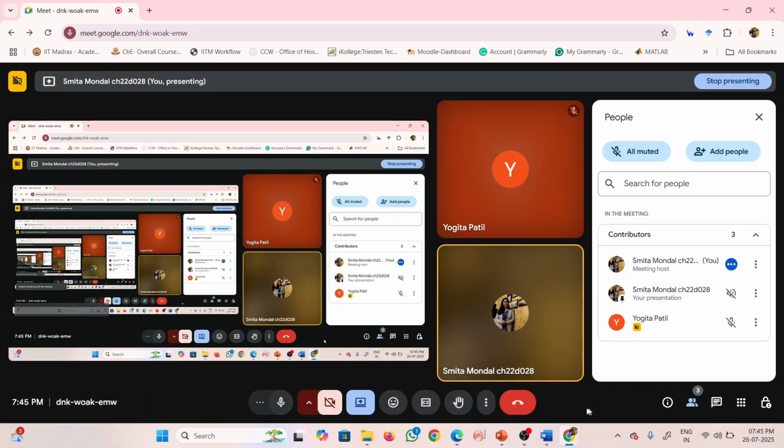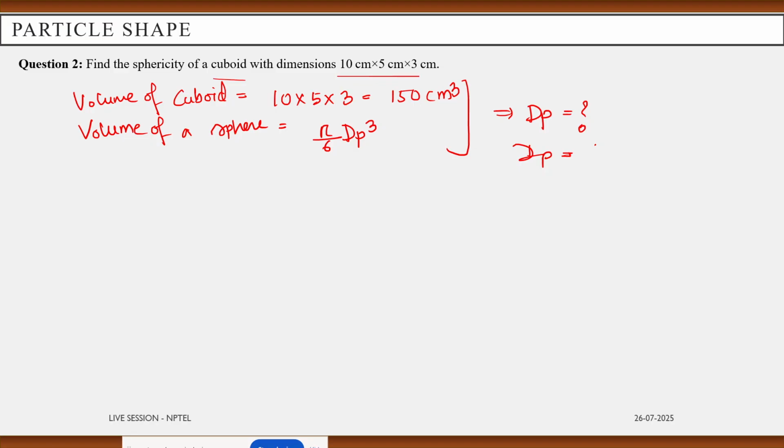And also the volume of a sphere is pi by 6 dp cube. So equate these two and let me know what is the dp you are getting. The dp will be, by equating, 150 into 6 by pi to the power 1/3. The value,